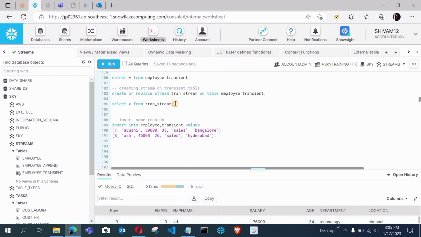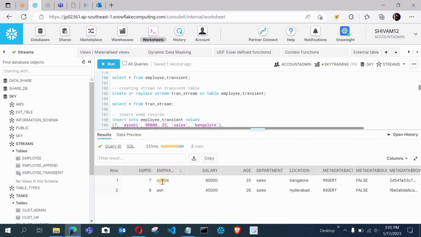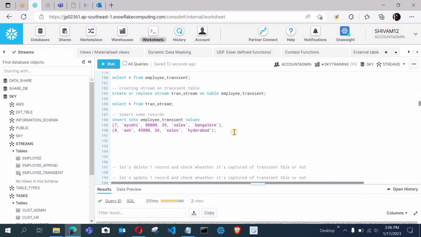Now we will query the stream and check whether this data is captured or not. You can see we got two rows, 7 is IUC and 8 is S, and the metadata action is insert because we are inserting the records. Our stream has captured this data for the transient table.